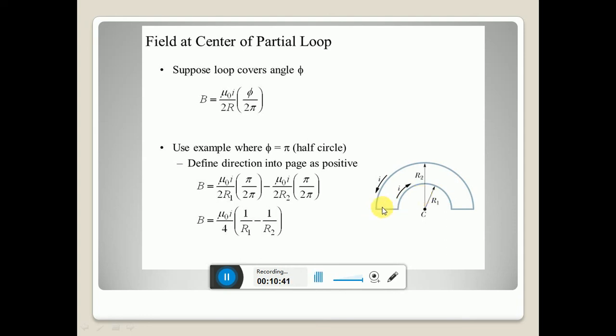You may get a doubt that there will be a contribution of magnetic field due to this straight line. The contribution of magnetic field due to this straight current carrying conductor, we can consider it as 0, because here dl and r are parallel to each other, so sin theta becomes 0. Here also dl and r are anti-parallel, so sin theta is 0. So for this type of structure, semicircle or arc, whatever it may be, there will be a contribution of magnetic field due to the arc or semicircular part only. The magnetic field due to the linear part becomes 0.